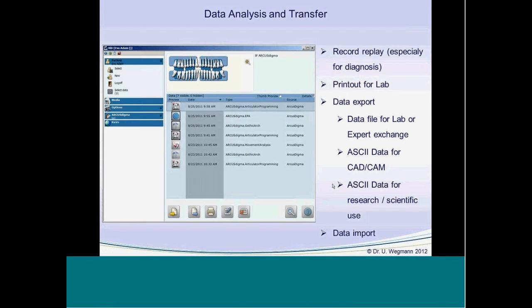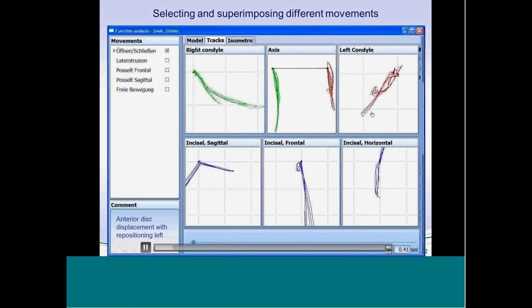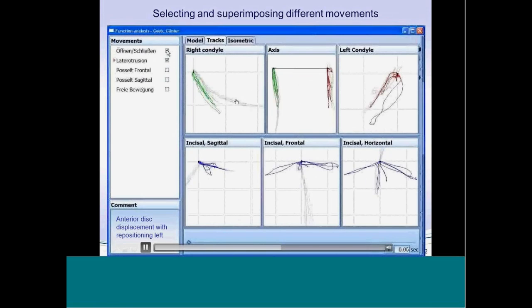As a short example for movement analysis, I only want to show you this registration. This was done with a patient with functional disorders. You can see these different kinds of movements, and if you have a little bit of experience, you can see what really is wrong in this left joint. The right joint looks quite good, but in the left joint we have some clicking and so on. And we can compare different measurements and a lot more.